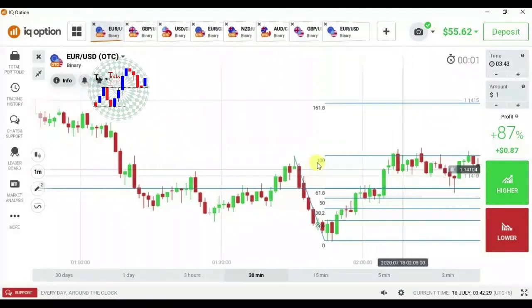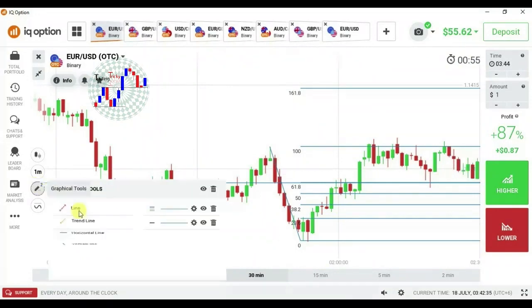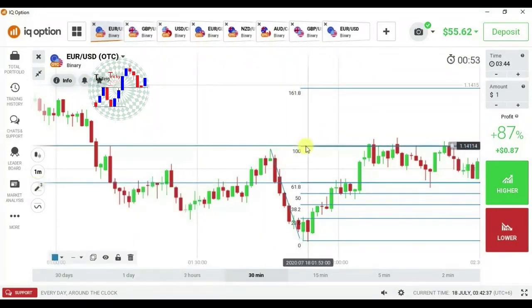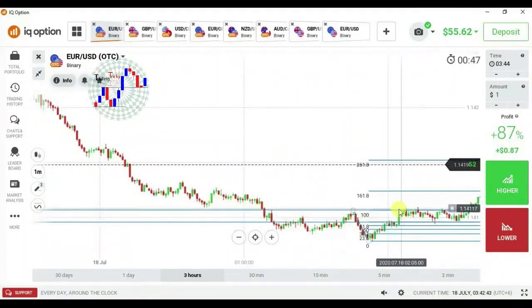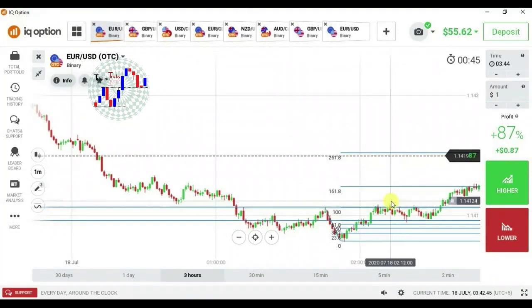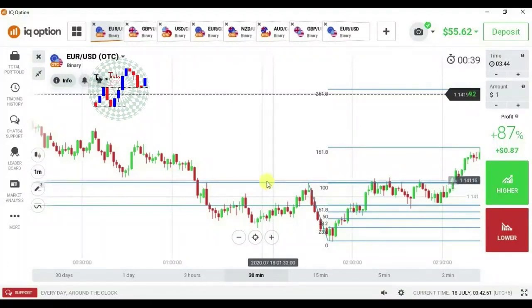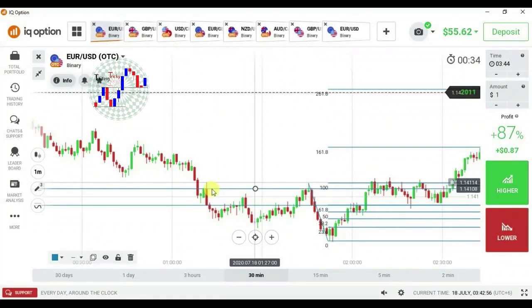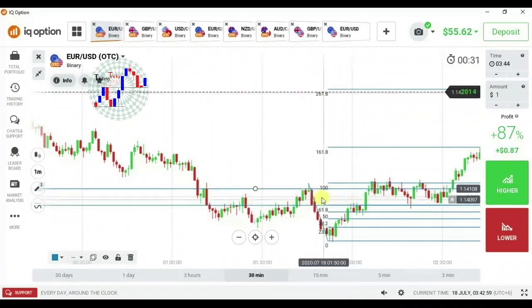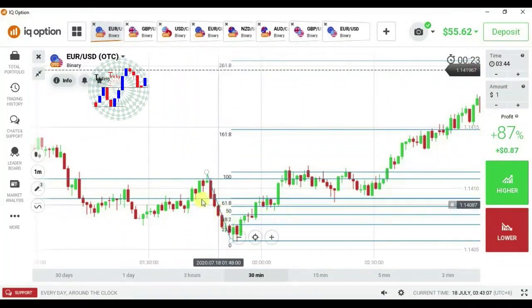This way you need to check the levels. For example, this is a 100 level I have drawn. If previously it worked, then we can act with this. Otherwise we can also act, but this is an additional confirmation. If there is any price action on the left side, something like this or this, see, this is a seller's area, this is a seller's area, and if it matches with this area, then we can act with this. Okay, also you can see here,